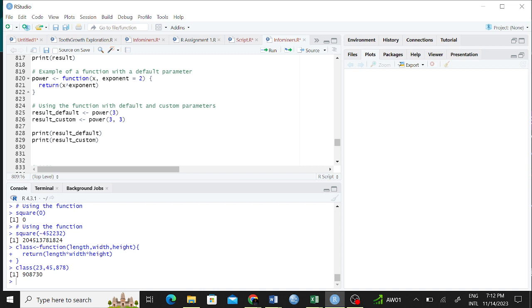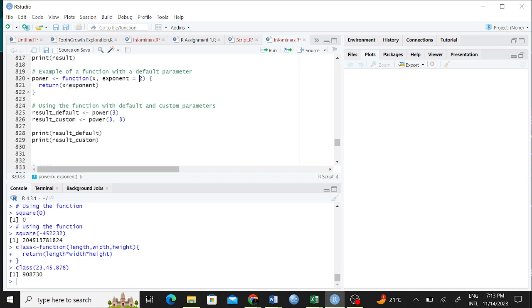The same thing that we wrote, you can even write it as maybe, so this is a function with default parameter. But look at here, now we are saying power. That time we were writing square, right? And now here we are declaring two things. So function x and exponent is equal to 2, and anytime you can change this to maybe 3, 4, 5, and things of that sort. Then return x raised to power of exponent.